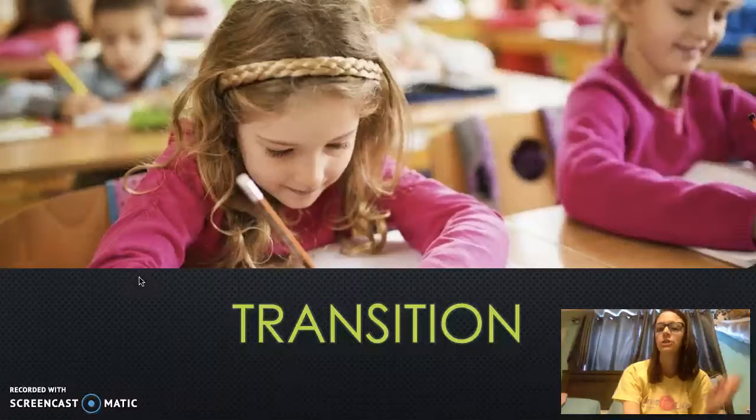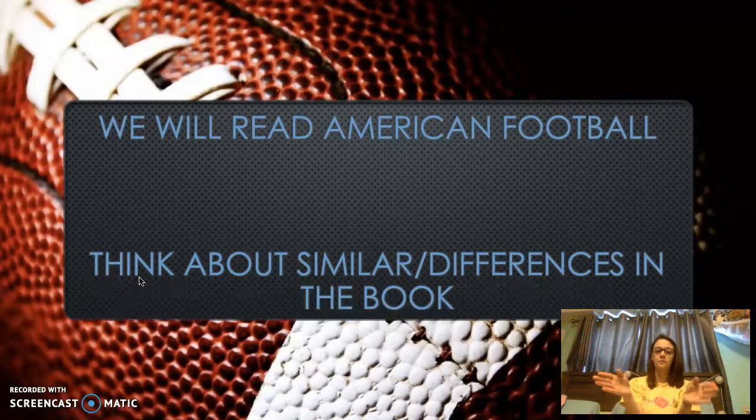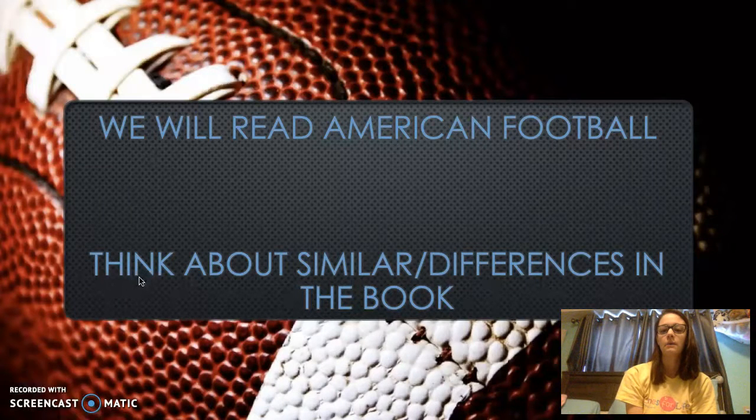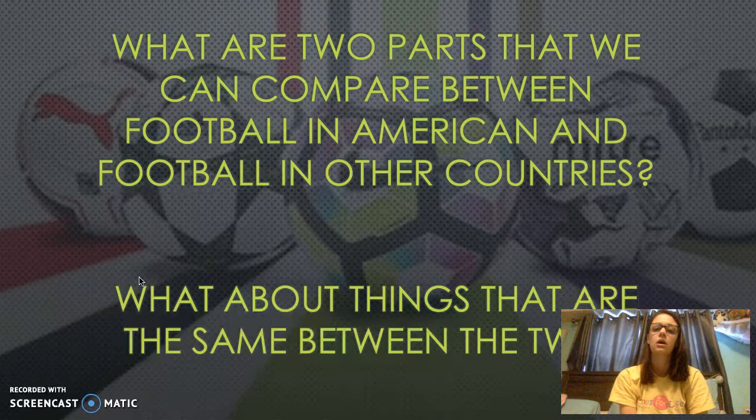So then I'm going to transition into the actual reading part. So that was just the guided practice. Then I would either have them read to me, or I would read, whichever they would prefer. So then I would have them read the American football book. Think about similarities and differences as we read. If I'm reading, I would kind of look up and make sure that they're thinking about that. So then once we're done reading pages 4 through 10, I would ask them